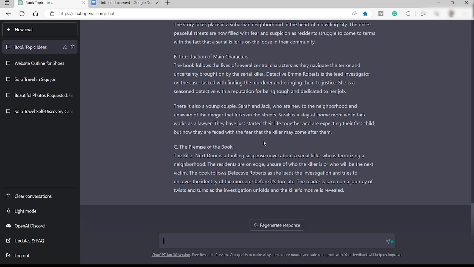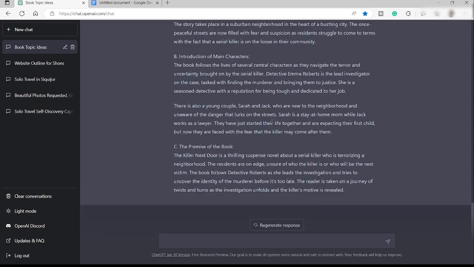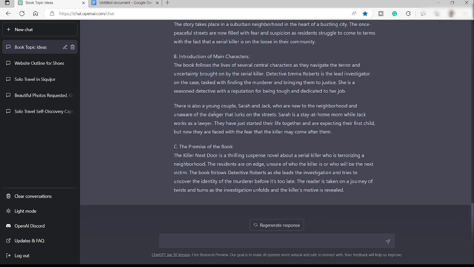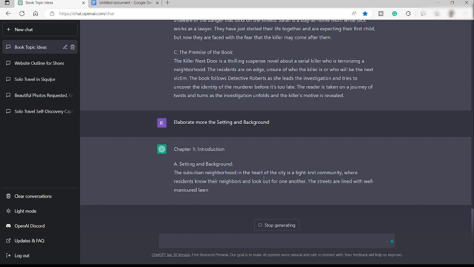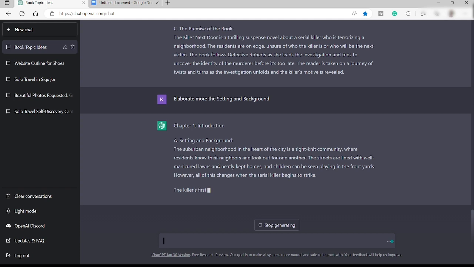All right, so ChatGPT is done. So let's go ahead and ask ChatGPT to write us more about the setting and the background. So I will go ahead and ask ChatGPT to elaborate this one. Elaborate more. All right, so let's see if ChatGPT will give us more detailed information for our setting and background